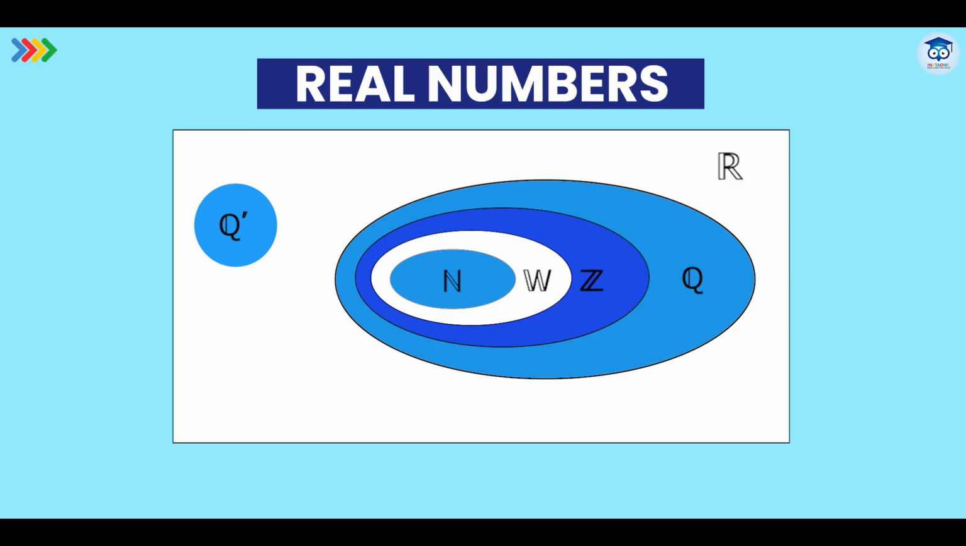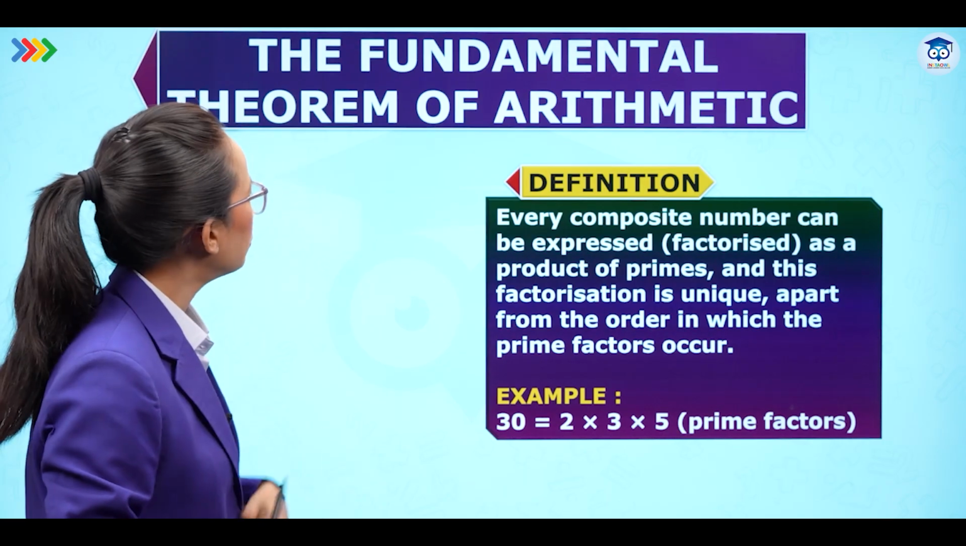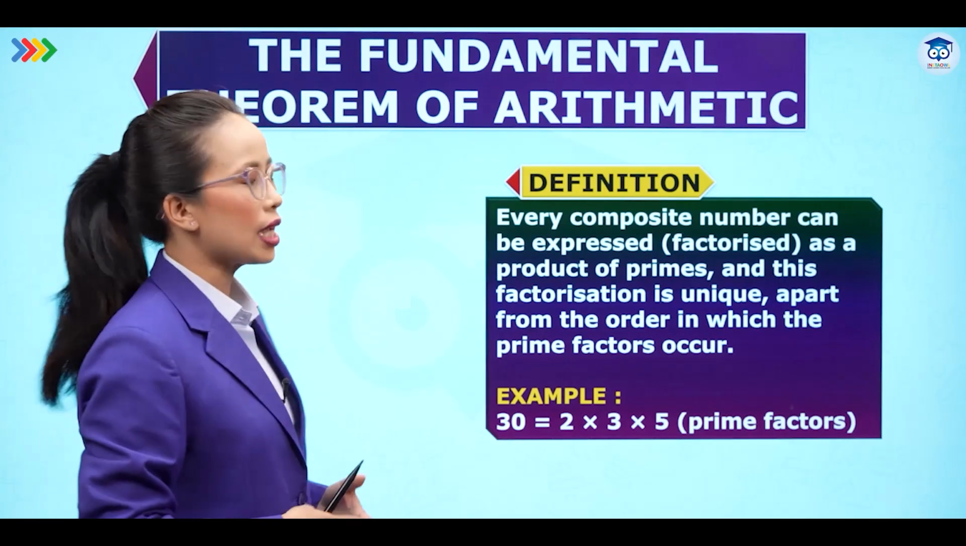The real numbers are the collection of both the rational numbers and irrational numbers. Together, we have the number set which is known as the real numbers, denoted by script R. Now let us learn one important theorem, which is known as the Fundamental Theorem of Arithmetic, which says that